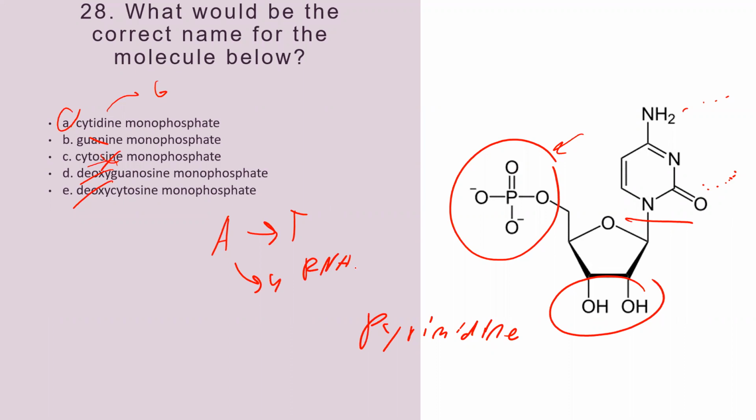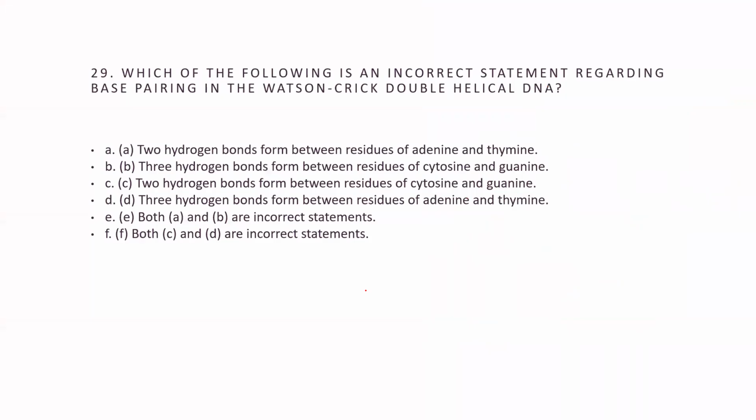So remember the cytidine, right? It's because it's bound to that phosphate. If it wasn't bound to the phosphate, what would it be called? Cytosine. Okay, any questions? Okay, which of the following is an incorrect statement regarding base pairing in the Watson-Crick double helical